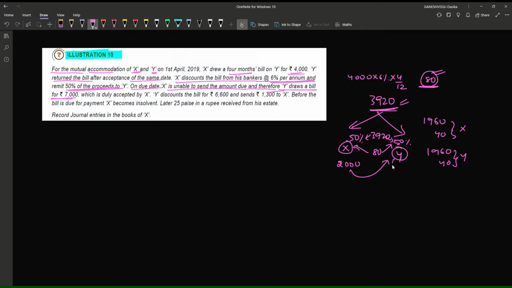For which Y has drawn another bill of exchange of 7000 rupees, which is duly accepted by X. Y discounts the bill for rupees 6600, that is, 400 rupees is discount, and sends 1300 to X. Okay, and from this, 4000 rupees are to be subtracted. That means in the remaining 3000 rupees,